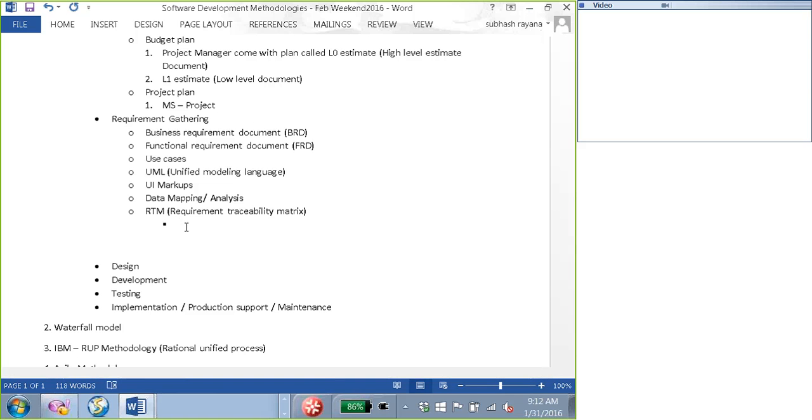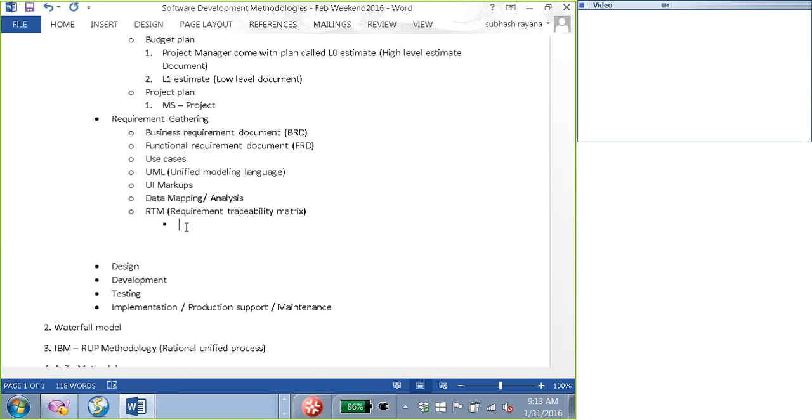And you probably will be working on one of the modules, depending on what has been assigned to you. Again, you may be working as a business BA, or you may be working on the other side as a technical BA, which means that you are working more closely with the technology, right? So with that being said,